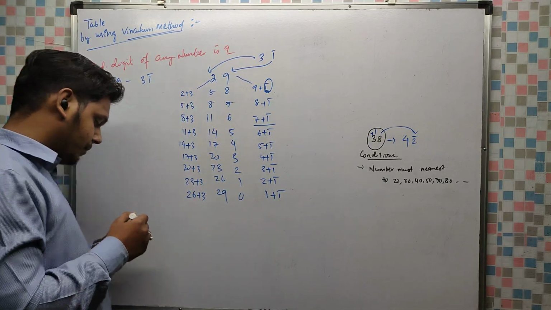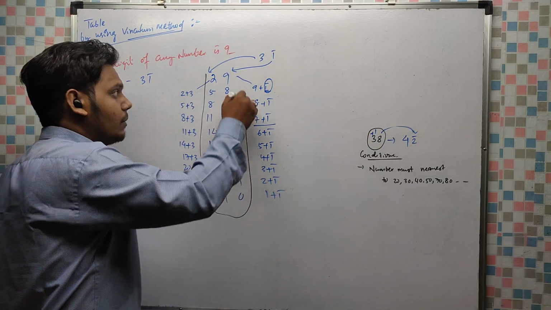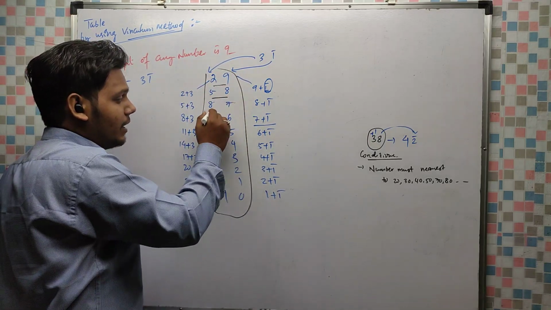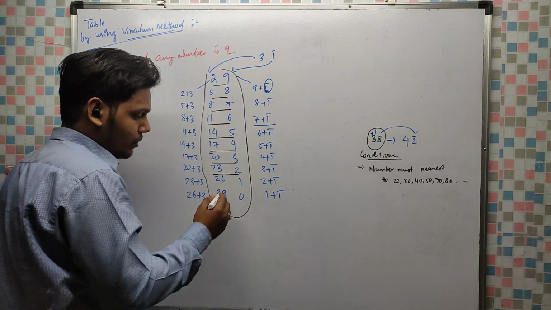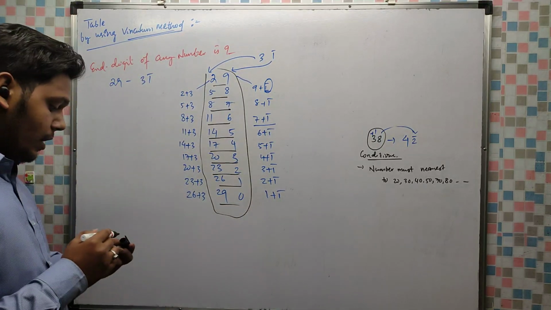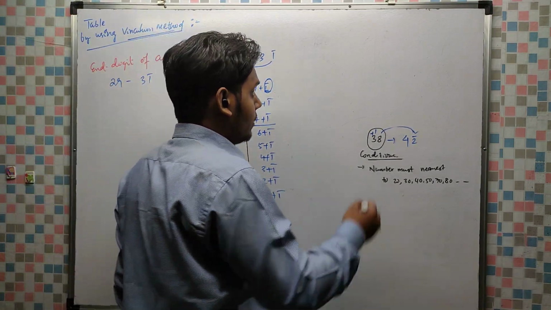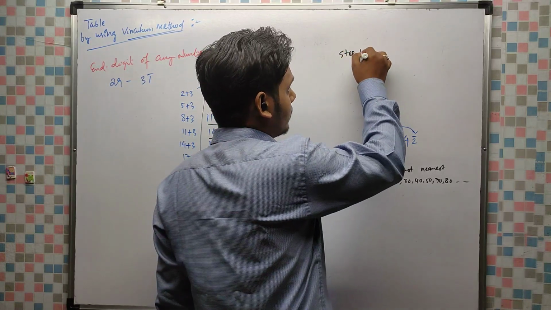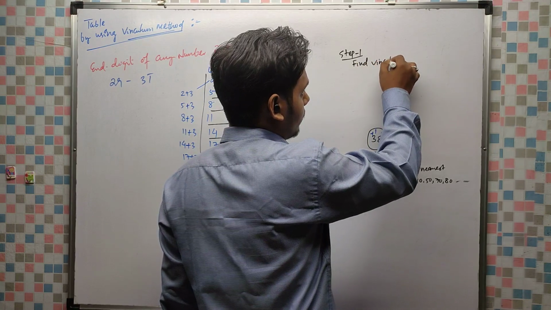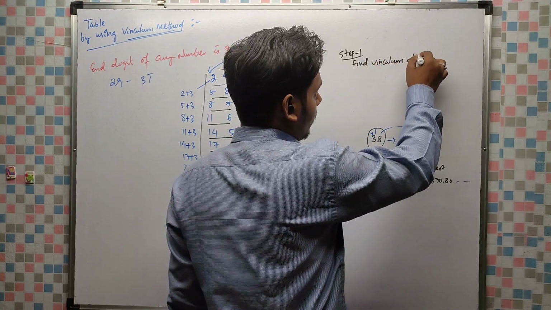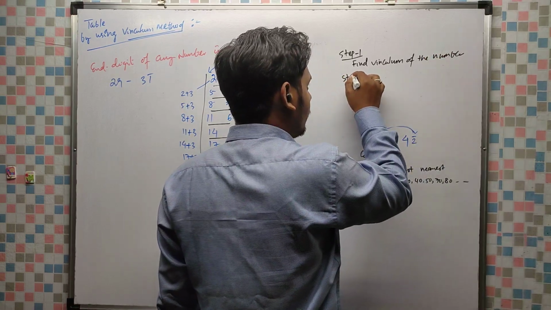Now this is the table. You got the table: 29, 58, 87, 116, 145, 174, 203, 232, 261 and 290. So what I have done: step 1, find the vinculum of the number. Step 2,